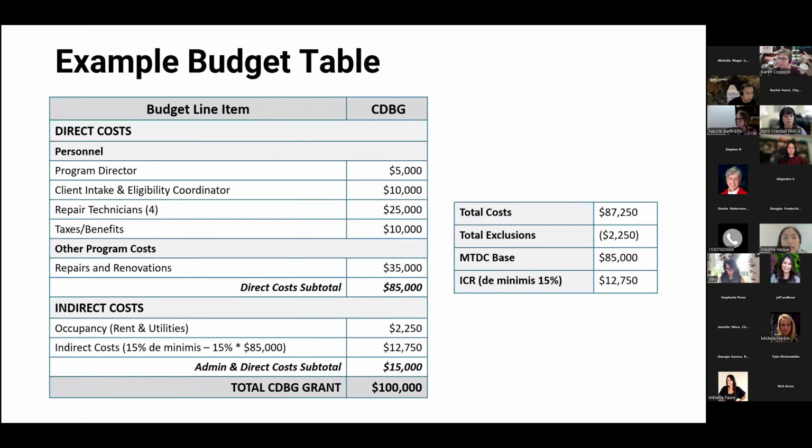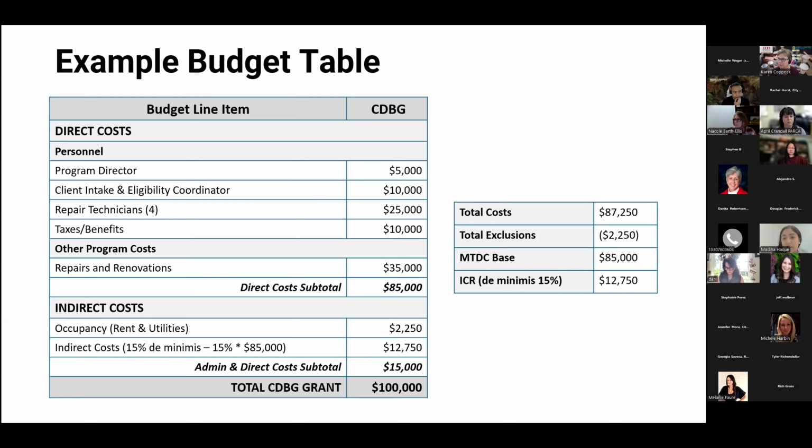Next slide. So we've put together an example budget table for an agency that received a $100,000 award, and they would like to use the de minimis rate. One thing to consider is that the total indirect and direct costs should not exceed the award amount. So the total costs are between the direct costs like salary and fringe, which are $85,000, and then there's the occupancy expense of $2,250.